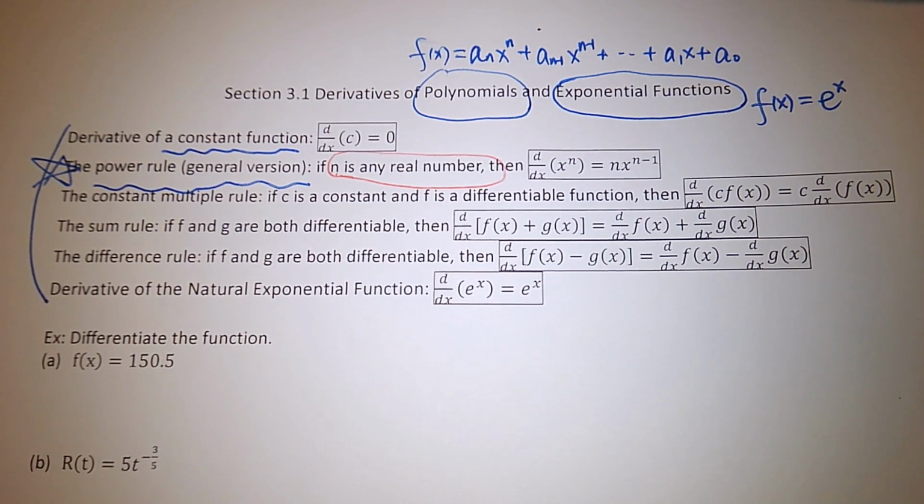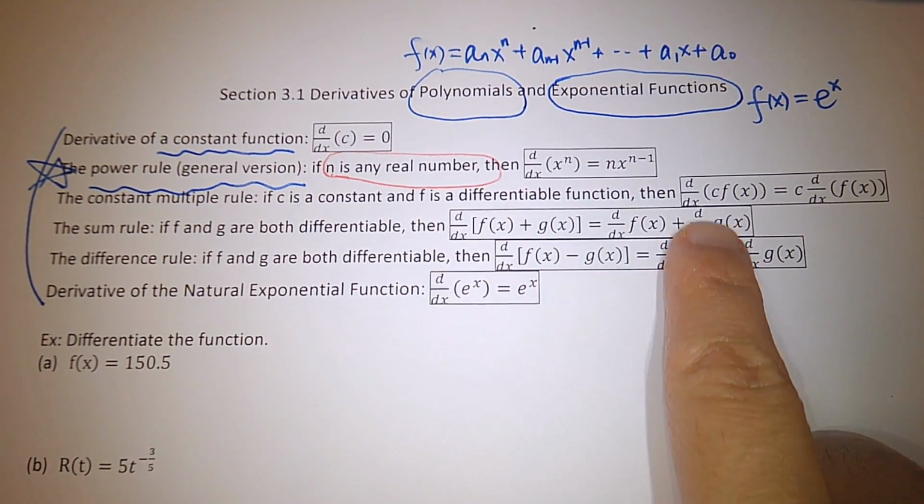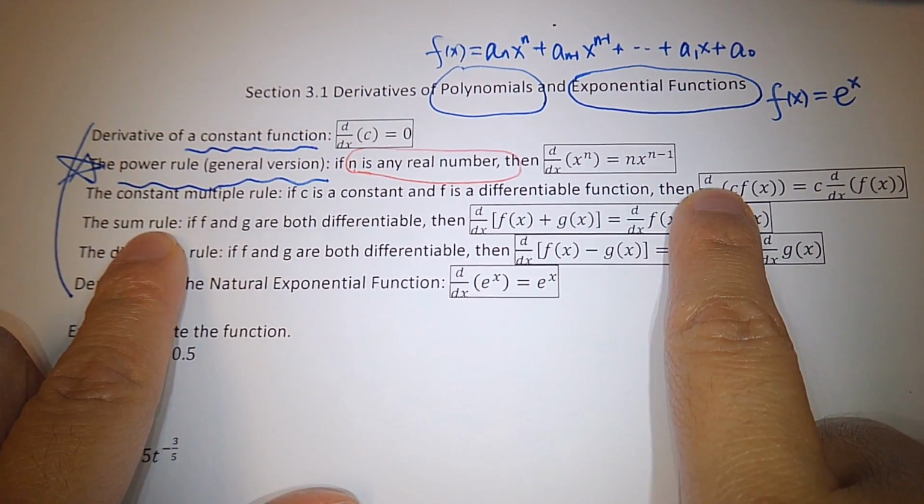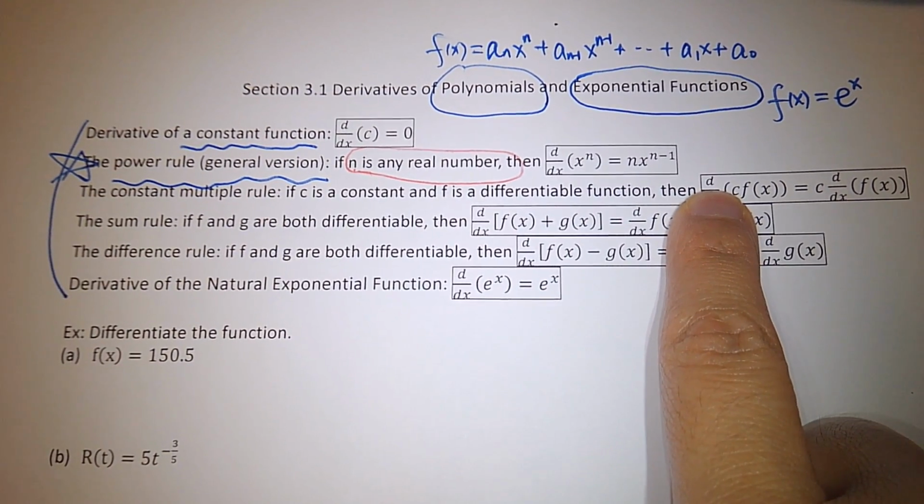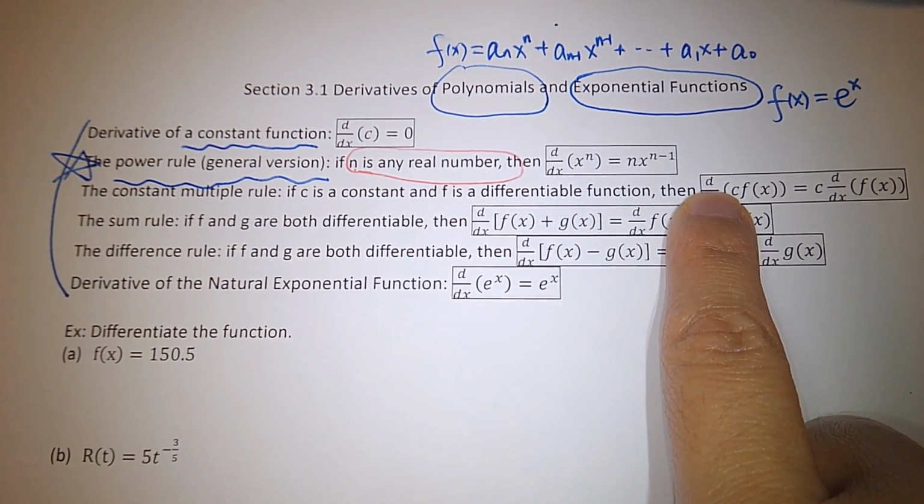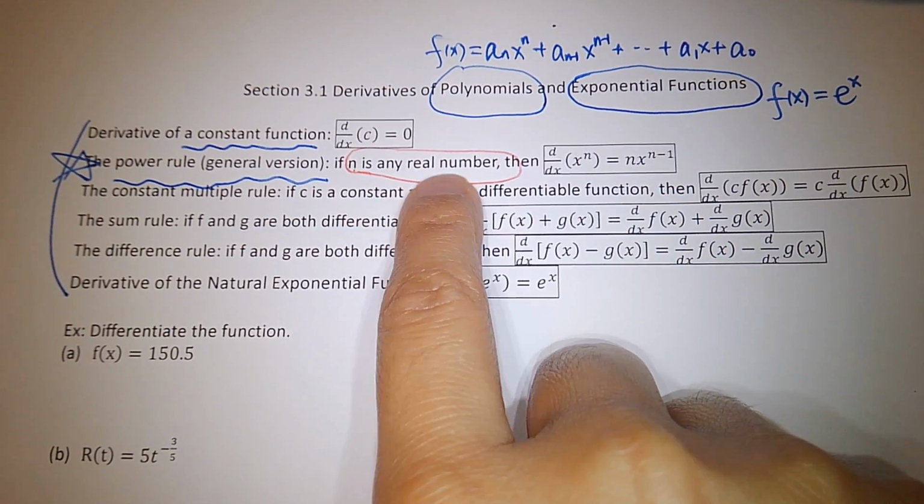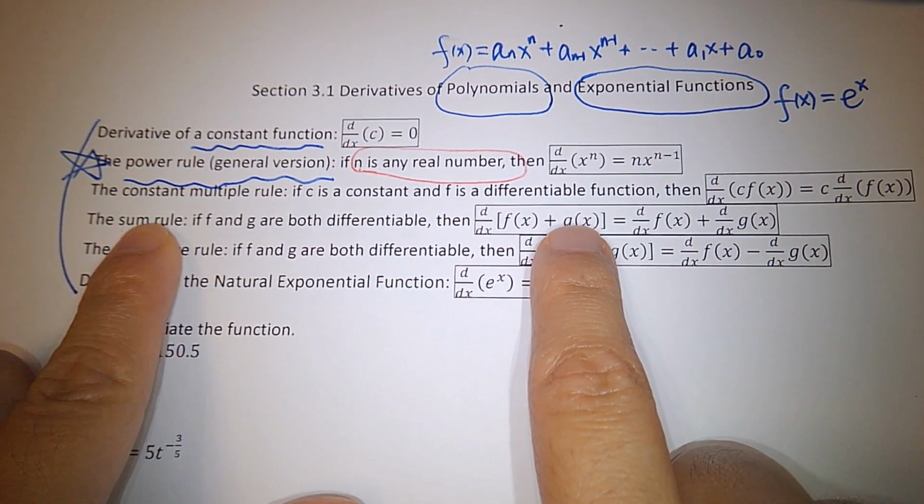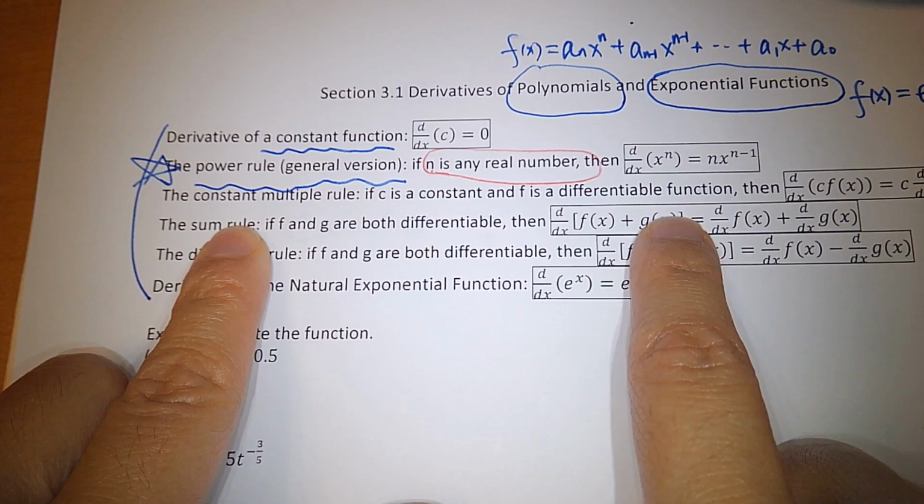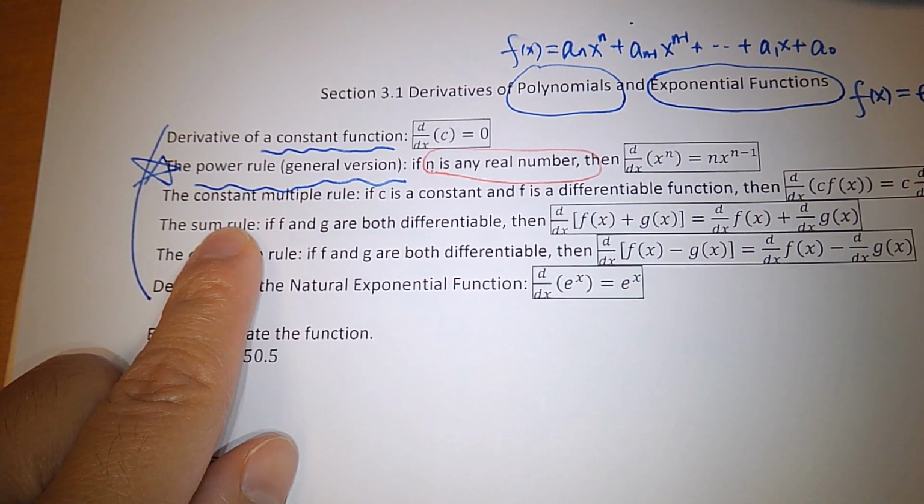Okay, so now we're back to here. We just talked about the power rule, and n could be all real numbers. We'll see very soon that, yes, indeed, n could be all real numbers. And then the third rule in section 3.1 is